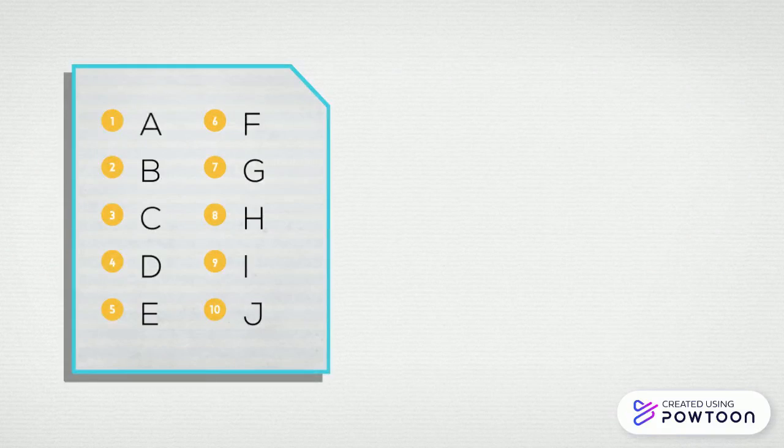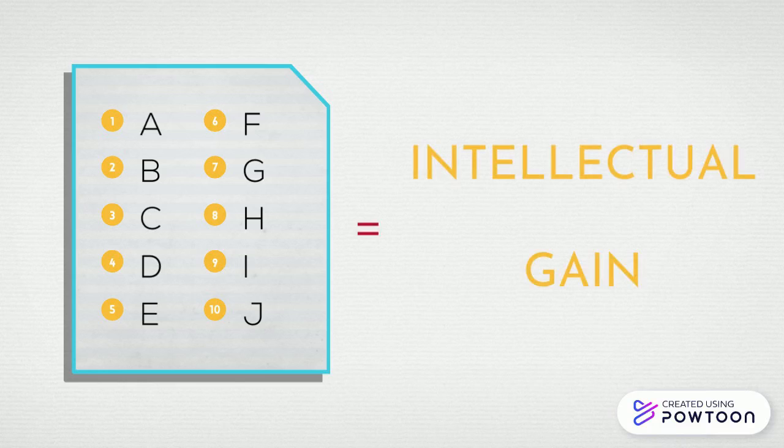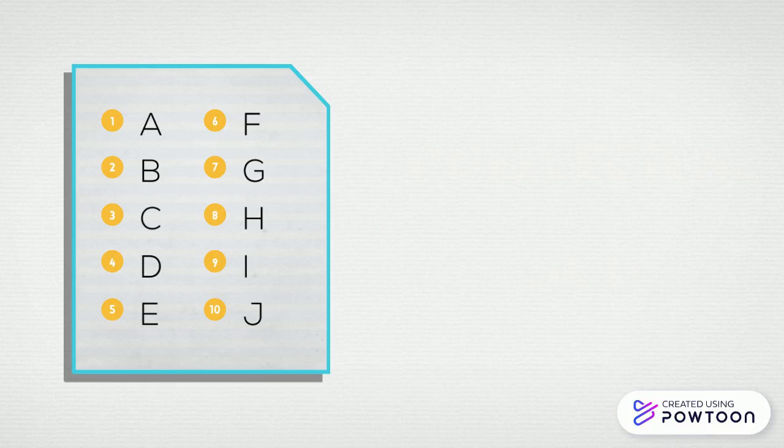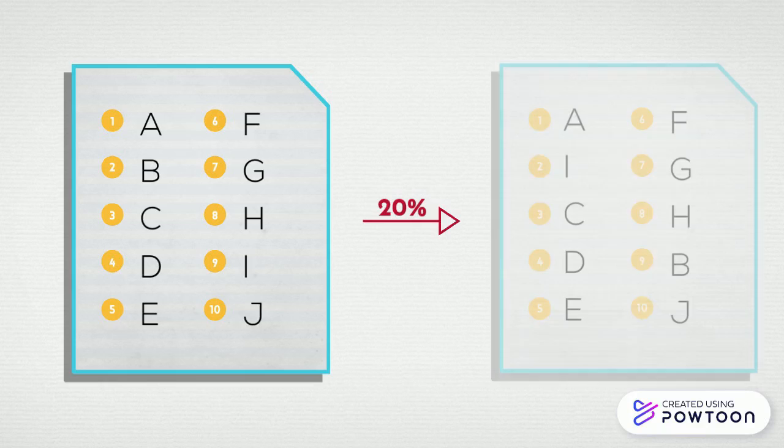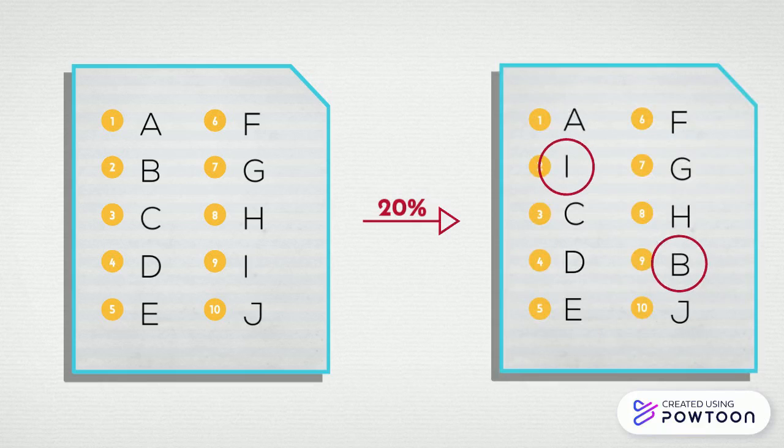After administering this test, the teachers were handed a list with students they believed to be the highest scoring to lowest scoring. The teachers were told that the students' scores on the test indicated that they would show unusual intellectual gains during the academic year. However, out of the 18 classes, 20% of the students were randomly assigned to the experimental condition, where their spots on the list would change from what they originally got.